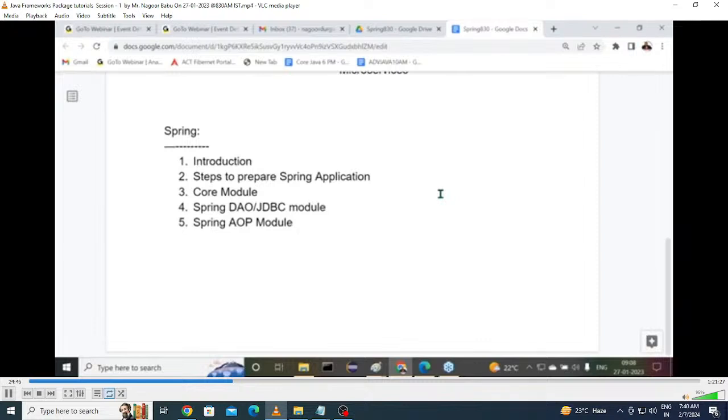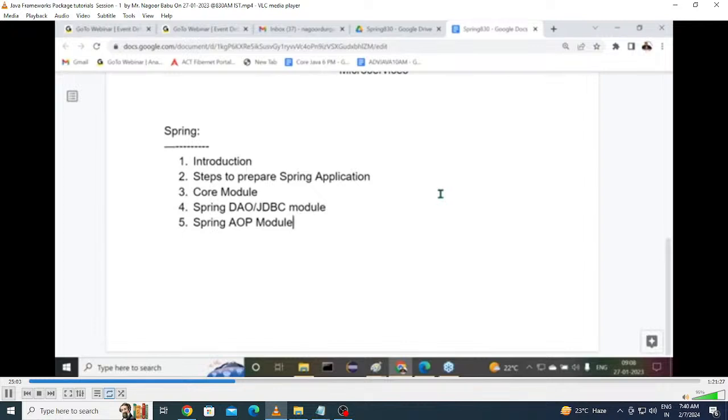But before the debit, some activity we performed, and after the debit, some activity we performed here. To perform some activity before the business method execution and after the business method execution, we need some environment.